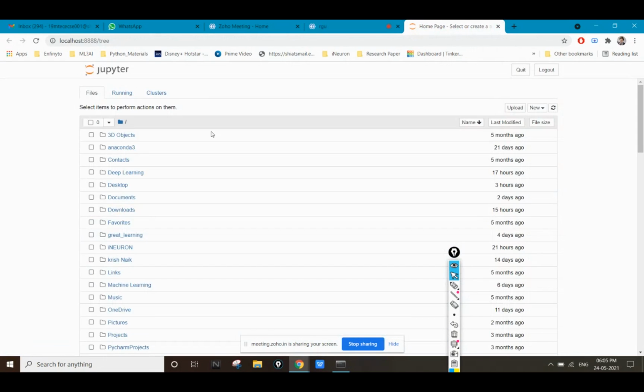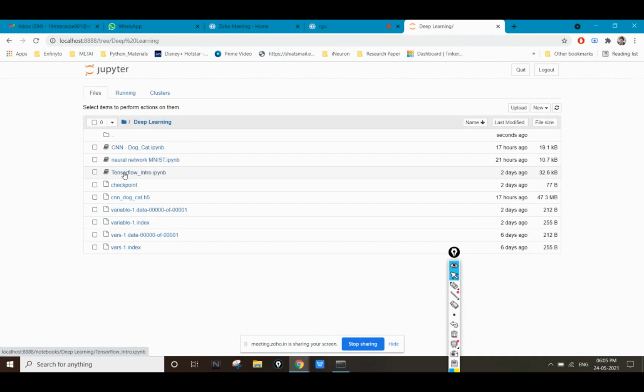So after the Jupyter notebook, as in the previous class, I have given you an explanation of what our CNN model is and how a CNN model is built to classify images, how we can divide images into different classes and categories.